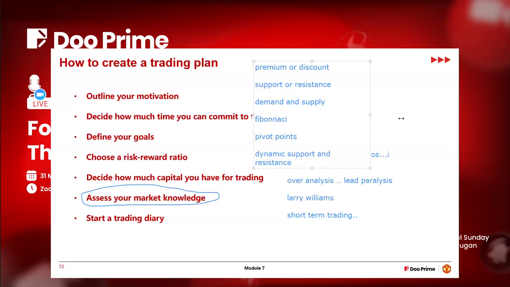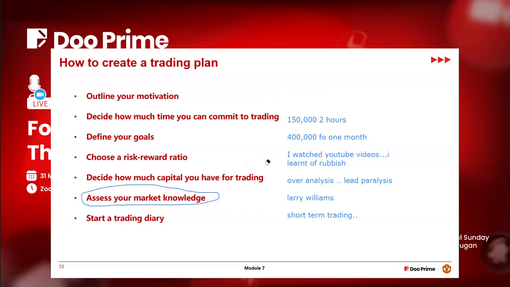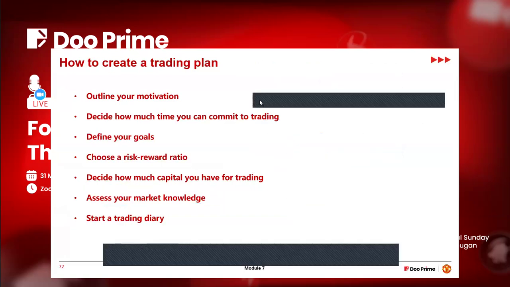So you just imagine these components and you want to learn everything. All these concepts. You want to learn all these concepts. I pity you. So what you do is this: pick one, stick to that concept. At the end of the day, you'll be adding these pieces together to form your strategy. You understand? So get that part of assessment very well. Assess your market knowledge. What do you know about the market? It is that thing that you know about the market you will now apply.